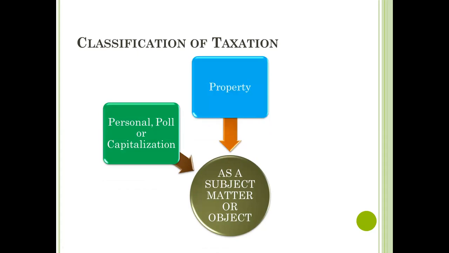Another one is the property. So usually for this one, tax is imposed on property, whether real or personal, in proportion to its value. And the last one is excise tax. And this tax is imposed upon the performance of an act, the enjoyment of privilege, or the engaging in an occupation. The term privilege tax is often used. So examples for this one are income tax, business and occupation taxes such as value-added tax, percentage, and excise tax.